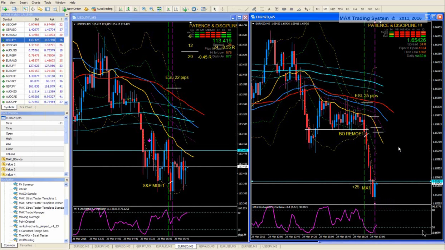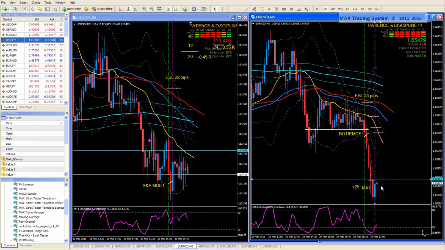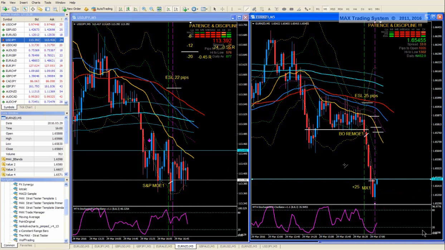Now, let me check carefully. Yes, this bar is an exit setup bar, and so I will define my exit level here, 2 pips above, so at 3 pips above, at 454. So if the price hits that level, I will make my exit. Okay, the price is hitting that level. Okay, now here I have my exit. Okay? And so the trade is closed.